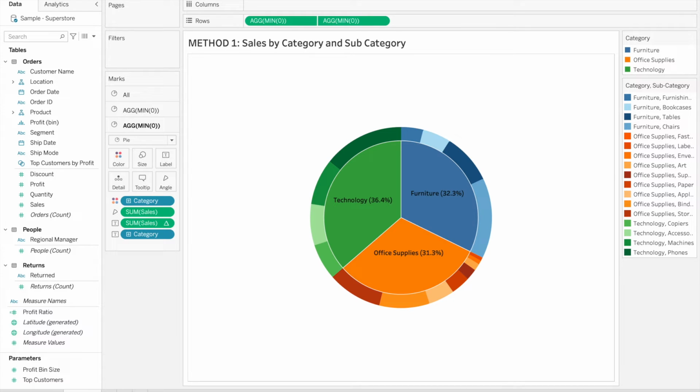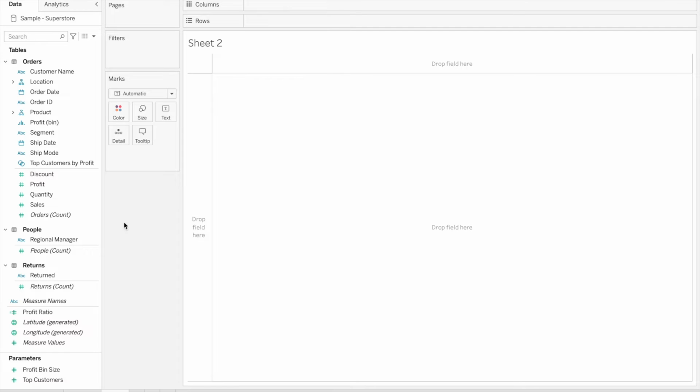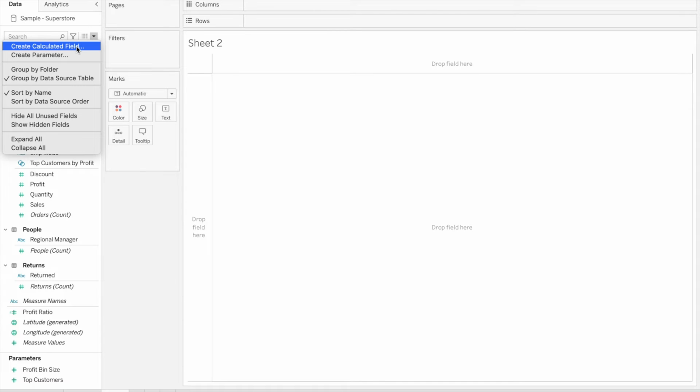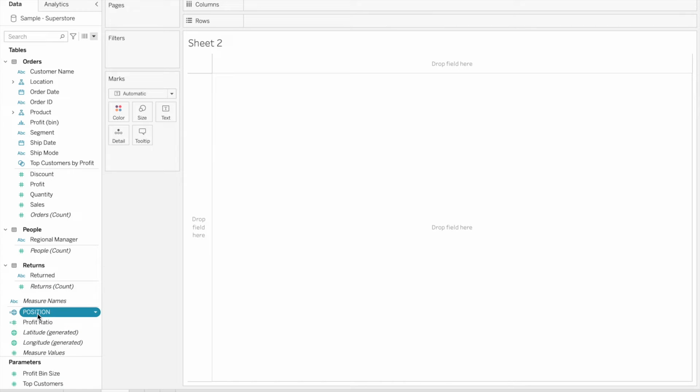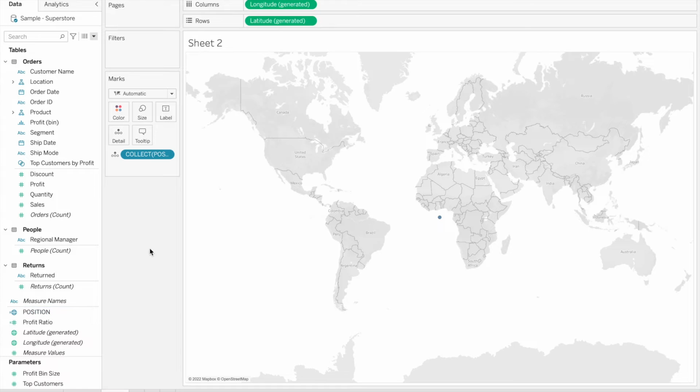Here I will add a new sheet, and now we will start with the process of creating a sunburst chart using map layers. For us to do that, we will have to first create a calculated field, and we will be using the function make point and add 0 and 0 to get the latitude and longitude. Let's rename it as position and double click on this calculation. You see that we have